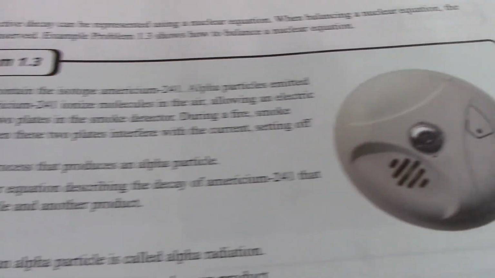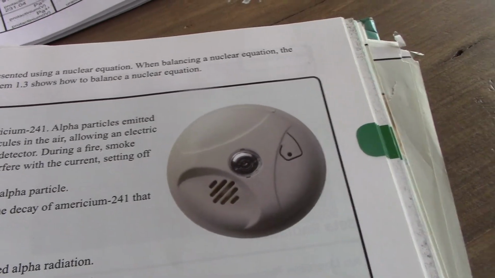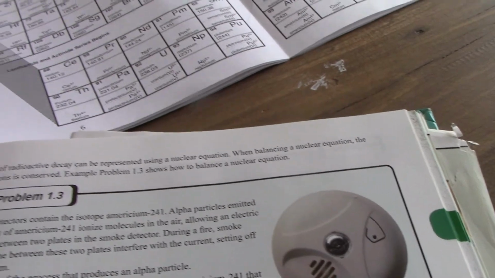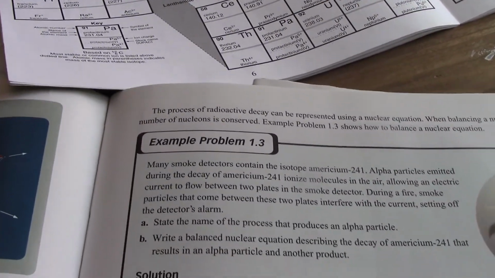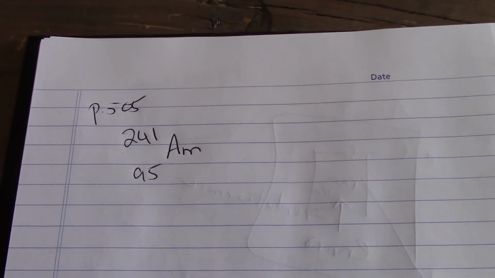You can see that we use americium, which naturally decays over time. We know what the half-life is, and we can use that for smoke detectors. So americium, this is page 505. This is a practice example. If we have americium-241, and it has an atomic number of 95, it undergoes alpha decay, and that's what the question tells us. So automatically